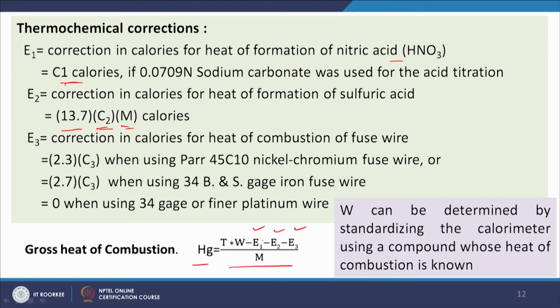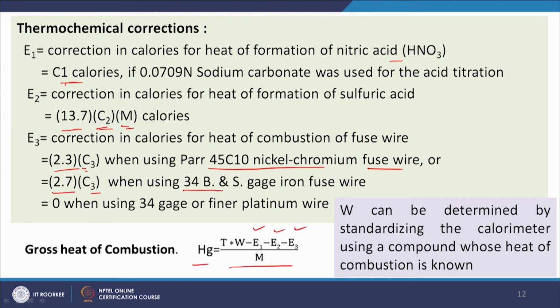So, that calories will be our E2, and E3 will depend on the type of material used for fusing, that is the fuse wire material. If it is Parr 45C10 nickel chromium, then E3 will be 2.3 into C3, where C3 is the length of the fuse wire which was combusted during this process, in centimeter units,